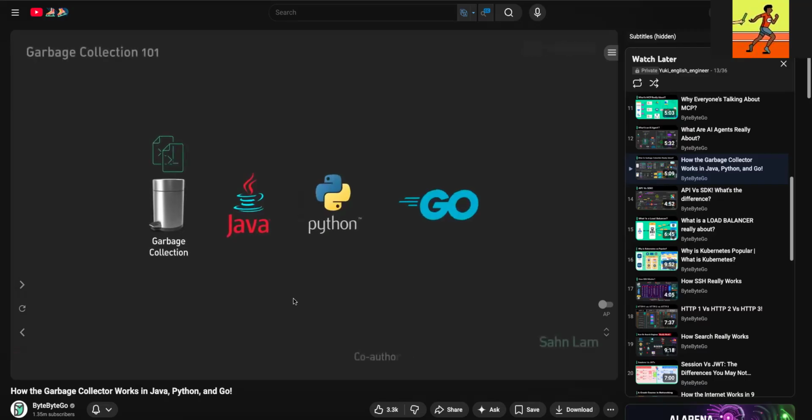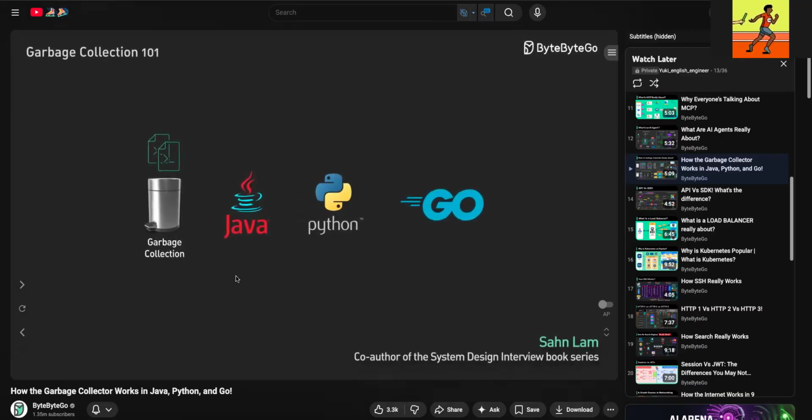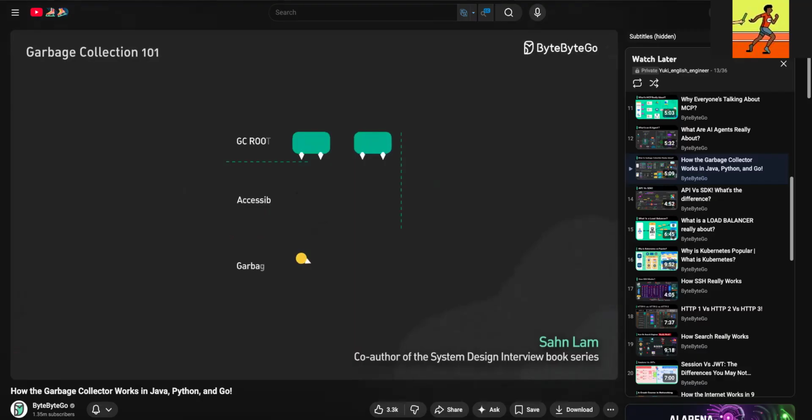Garbage collection makes programming in modern languages a lot easier. At its core,